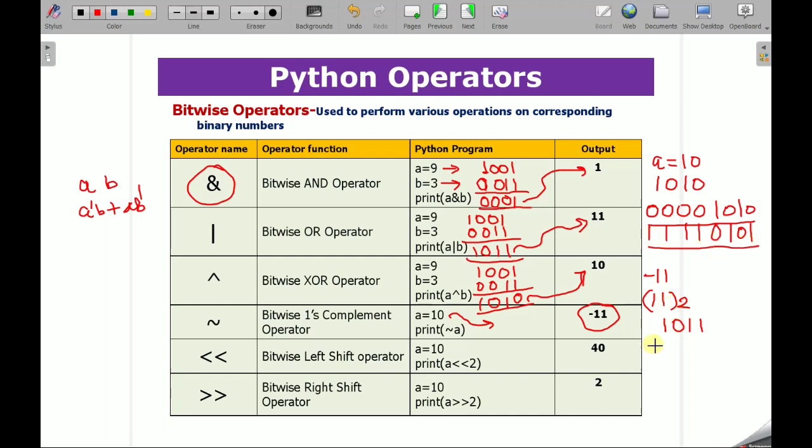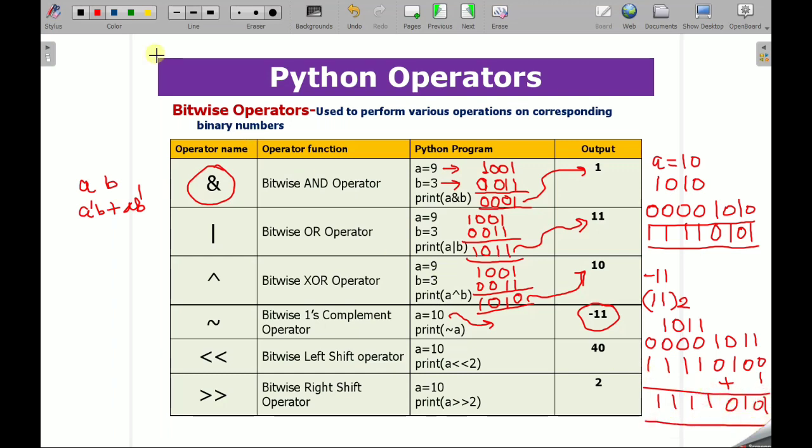In 8-digit form you can represent it as 0 0 0 0 1 0 1 1. Now the one's complement will be 1 1 1 1 0 1 0 0, and when you calculate the 2's complement of any number, you have to add 1 to the LSB. So you get 1 1 1 1 0 1 0 1.